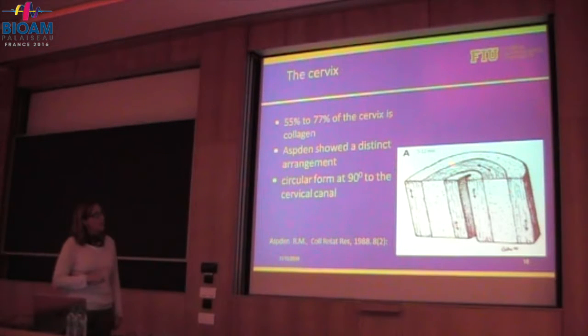The arrangement of collagen is longitudinal at the edge of the cervix. As you get close to the OS, this is the OS canal, it becomes circular, so it orients itself as a tube, and then again goes back to longitudinal at the OS. So this was shown earlier on with histology in '88,